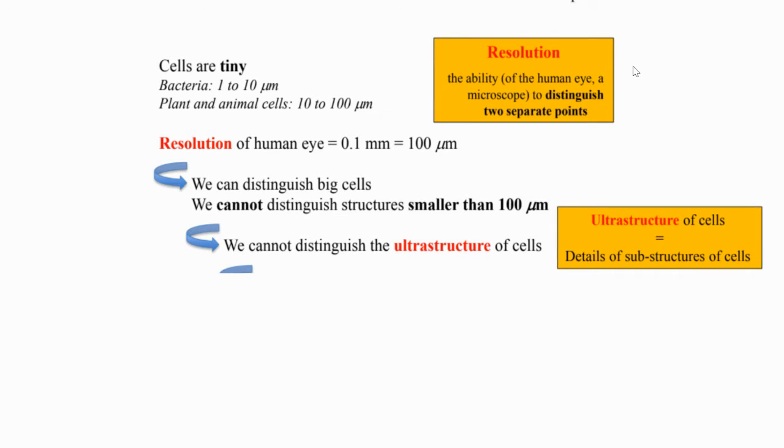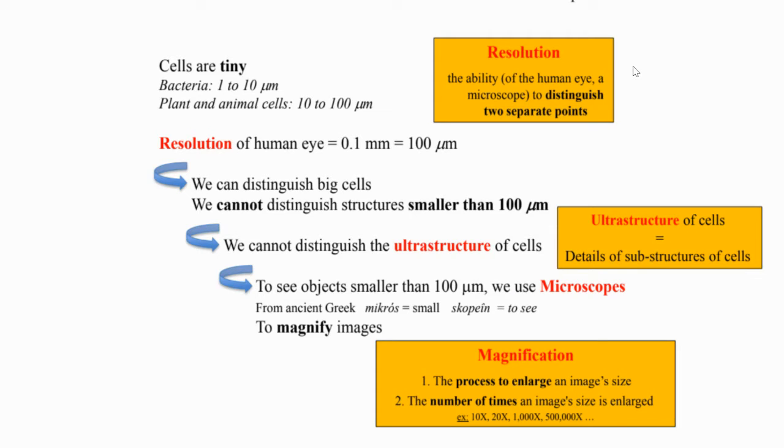Another property of microscopes is that, due to resolution, we are able to actually study the ultrastructure of cells. So ultrastructure basically means inside the cell, what are the smaller details of the cell, or what are the subcellular parts or components of the cell. We can study that, and that is only because of the resolution property of the microscope. Because if the resolution is low, if you keep on magnifying the image, the quality of the image won't be clear.